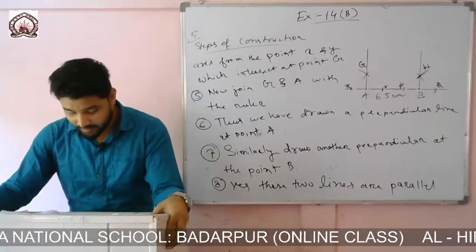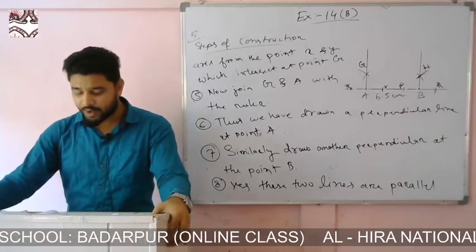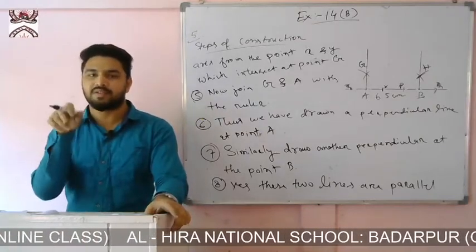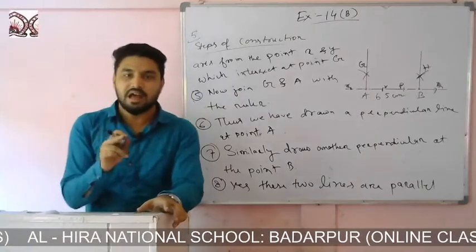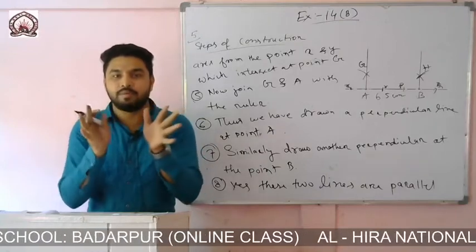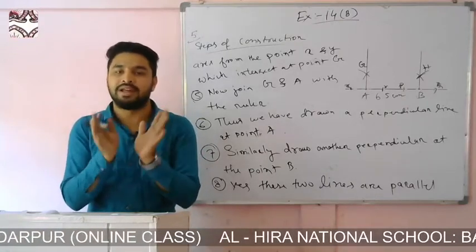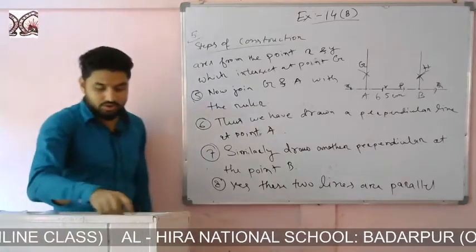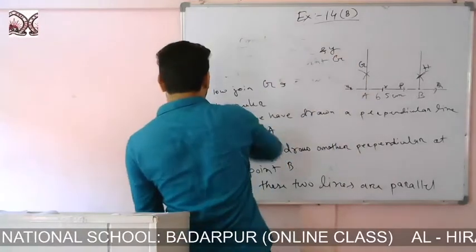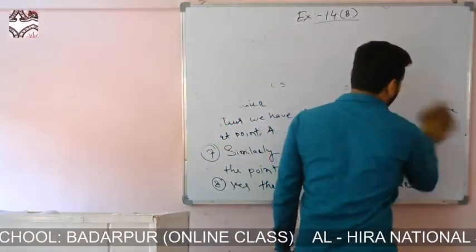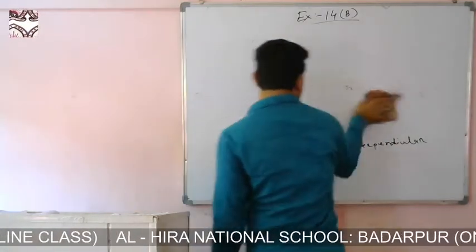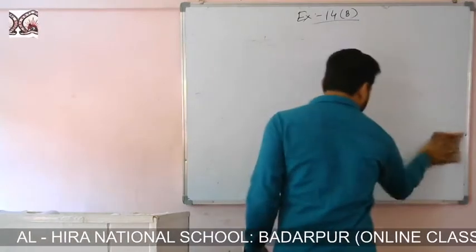What figure is formed by joining the ends of this diameter? After drawing the two diameters of the circle, I have to join the ends of the diameters, and after joining the ends a figure will be formed. I have to name the figure. So you see how to draw. And this is the last question of this exercise 14B.